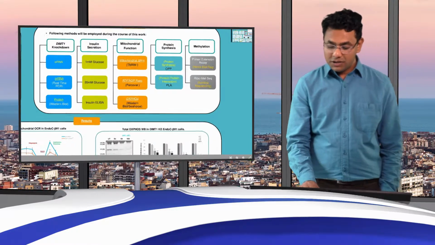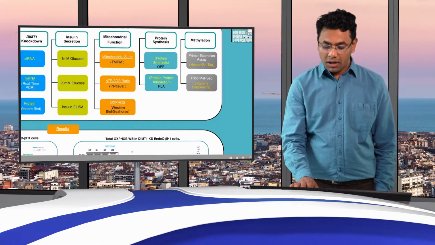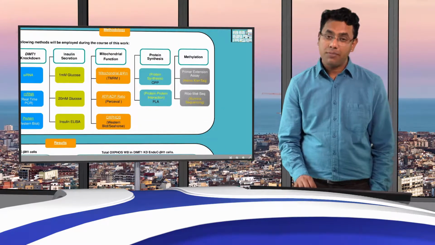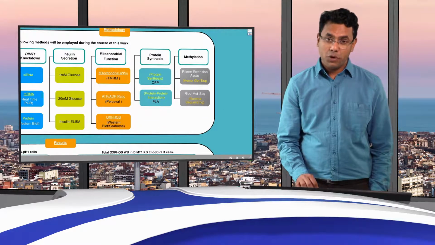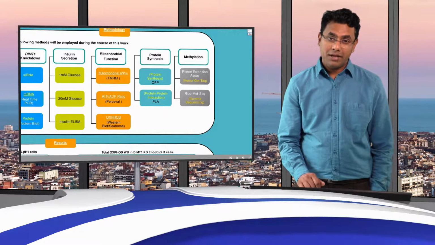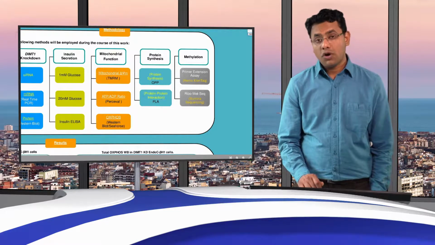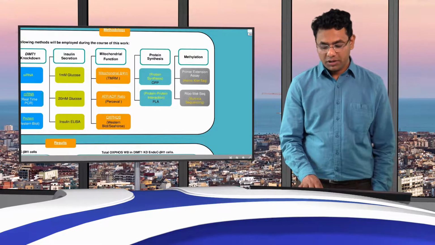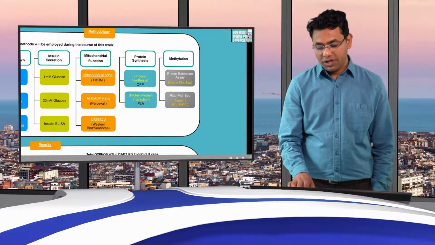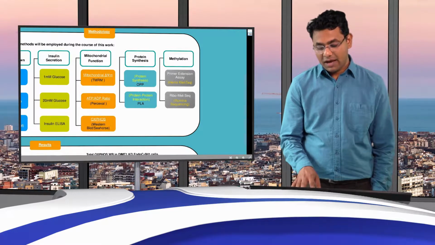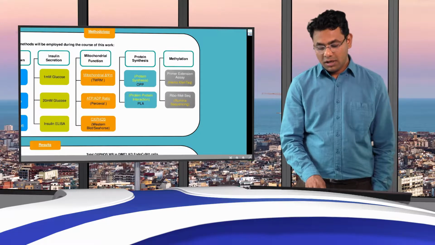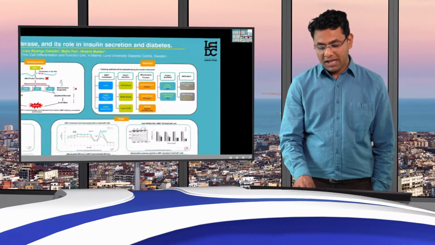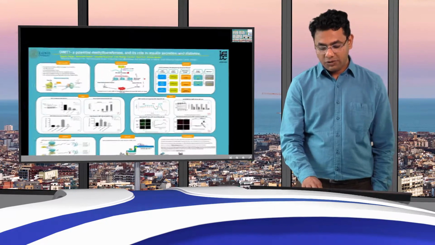For the protein synthesis, we analyzed it with the help of O-propargyl puromycin. It's a click chemistry based Alexa Fluor indicator of protein synthesis, and we checked protein-protein interaction with the proximity ligation assay. For the methylation assay, we used the primer extension assay and also ribometh sequencing to see the methylation status of DIMT1 in the EndoC-βH1